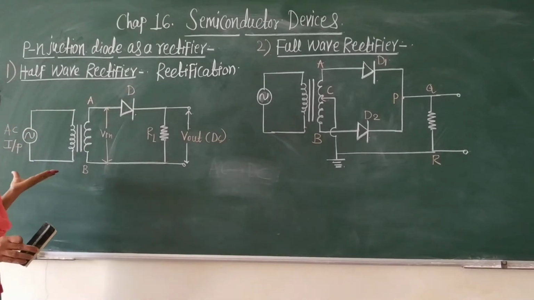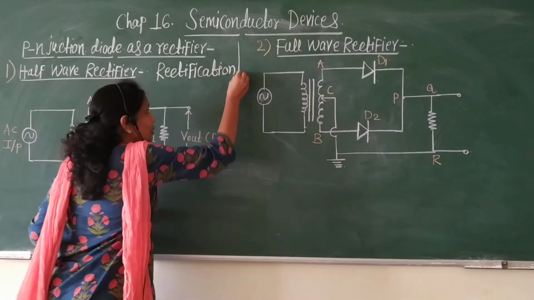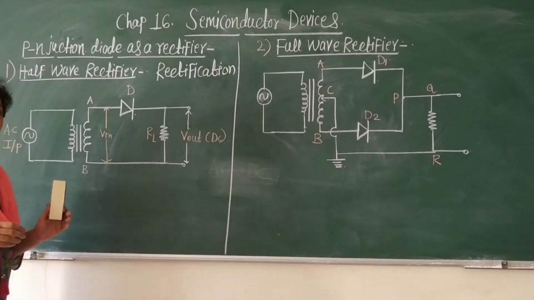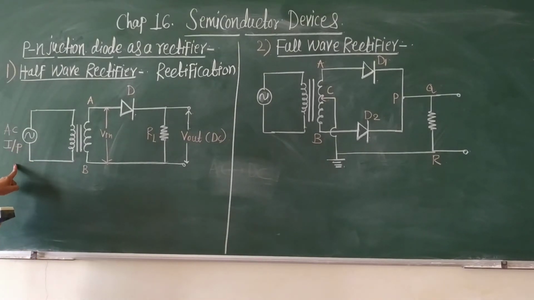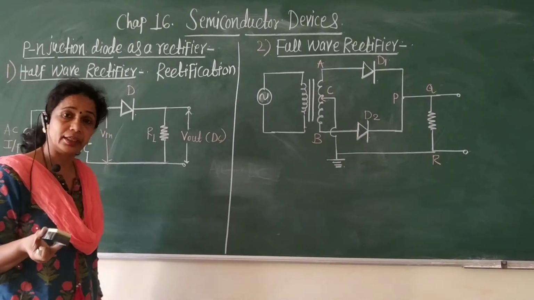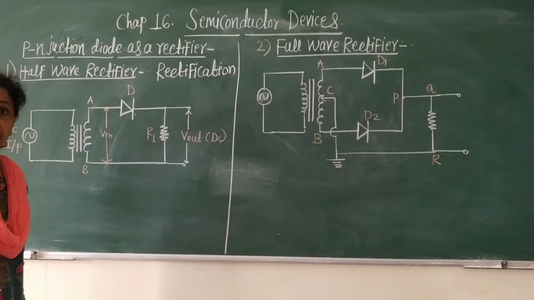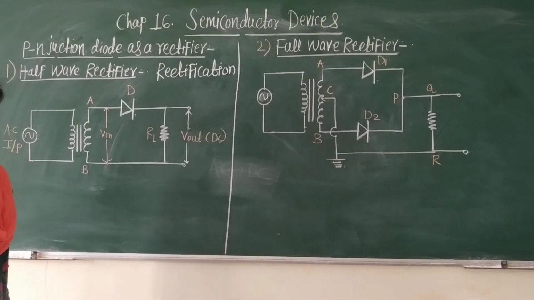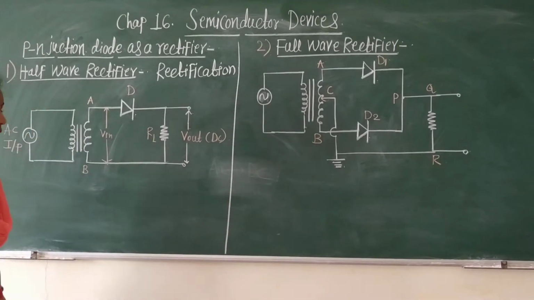See this. Circuit diagram of half wave rectifier is shown on the blackboard. Here, of course, input is the AC supply. It is sinusoidal. It is the function of sine, because in previous chapter electromagnetic induction, you know this, alternating EMF, alternating current, and it is the function of sine. Therefore, the symbol of AC is nothing but a sine wave.